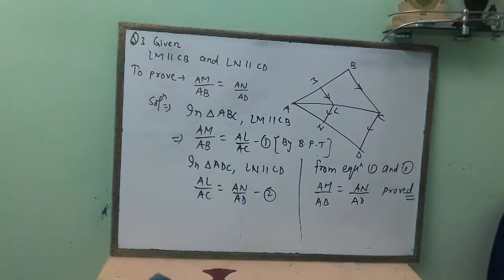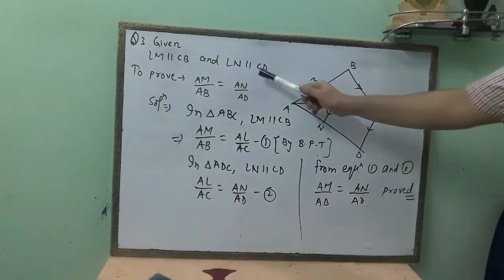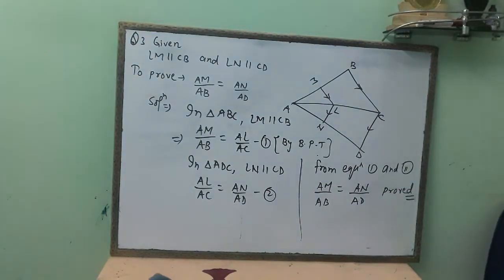This is the proof of question number 3. I hope you can easily understand. It is just the application of the Thales theorem. While solving these types of questions, you have to focus on the given, and the given thing is the parallel lines. Just focus on which one is parallel to which one, then choose the vertex opposite to that parallel side and start from this one. It is very easy.